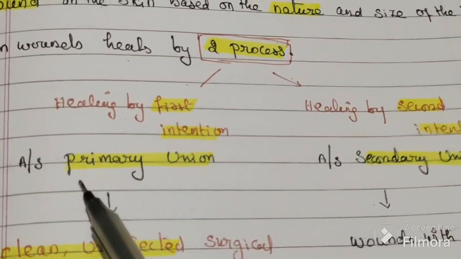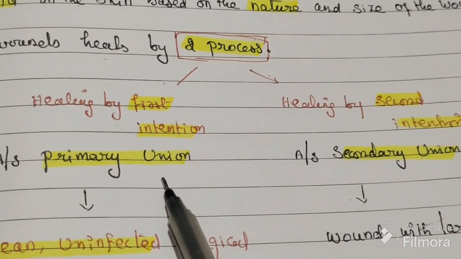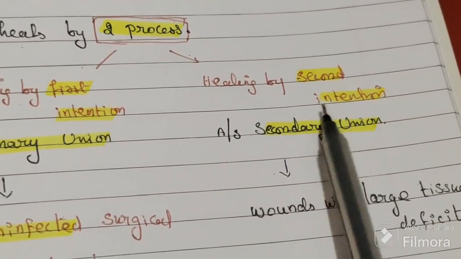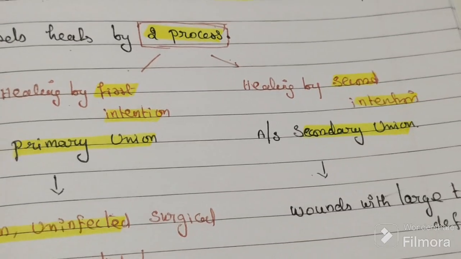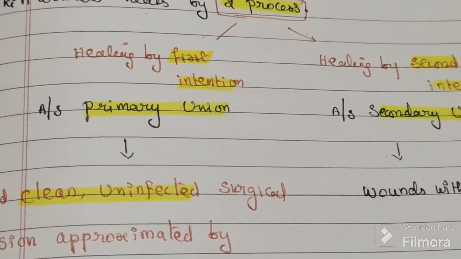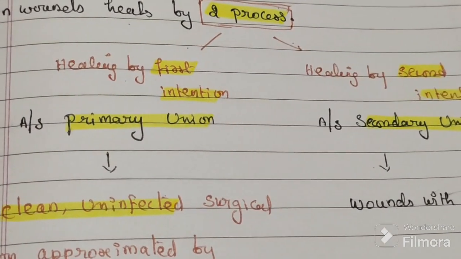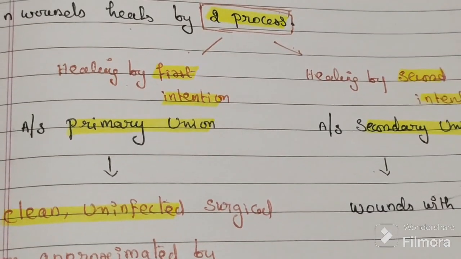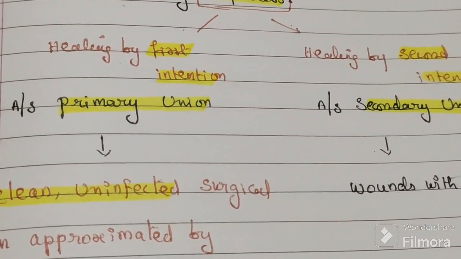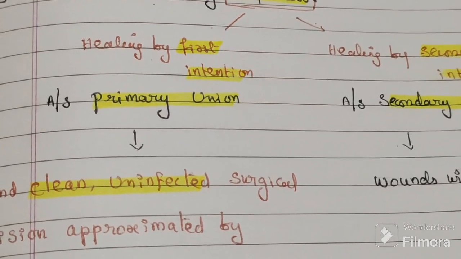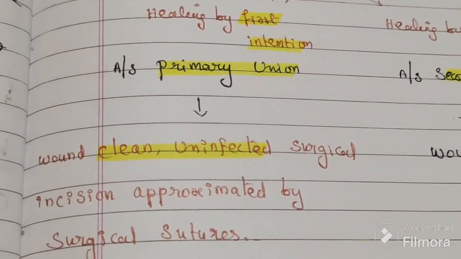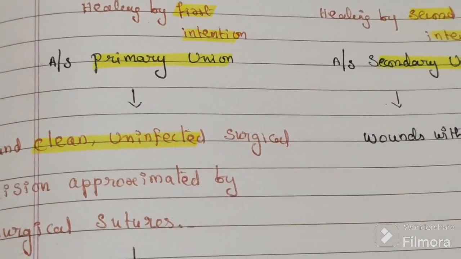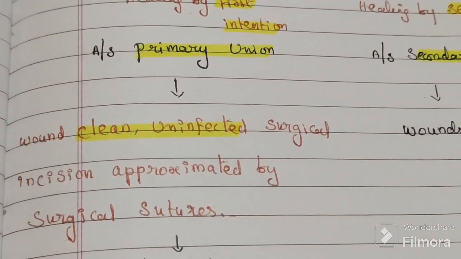The primary intention is also called primary union. Secondary intention is also called secondary union. So, primary or first intention, or primary union. What is primary union and secondary union? So, the primary union,